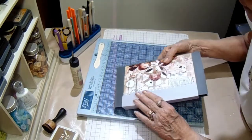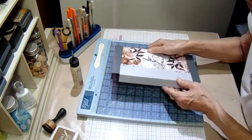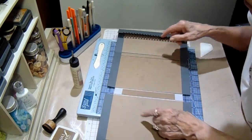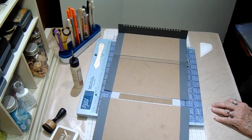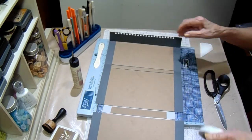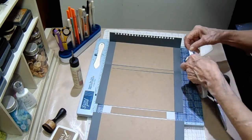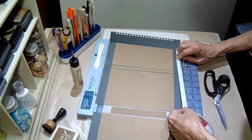This will be your album, the front and the back. So now we can open it out and we can fold all these under and glue them. What I want to do before I do that is I want to get a piece of score tape, 1/2 inch. And I want to go from this edge across to here,